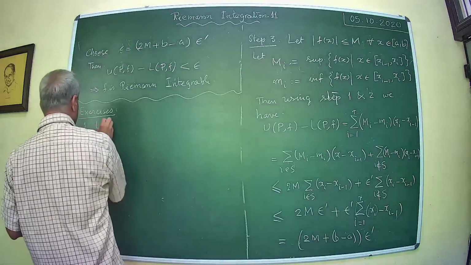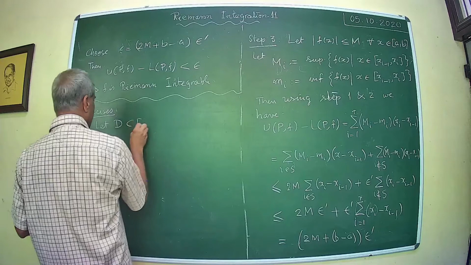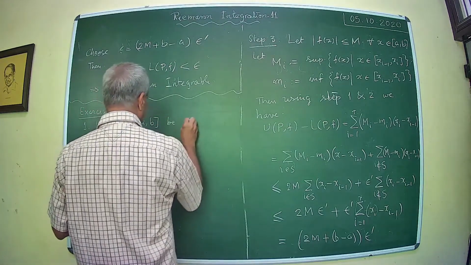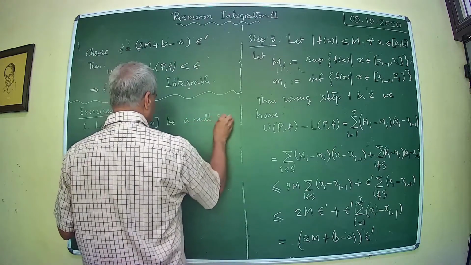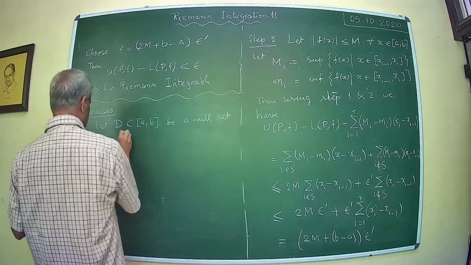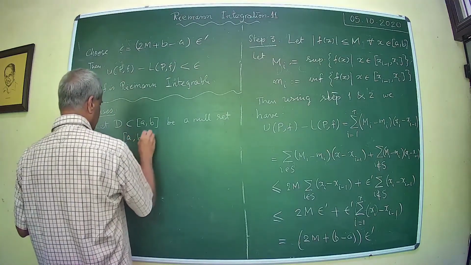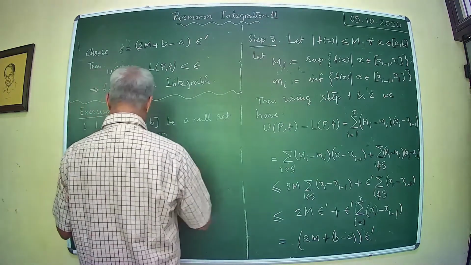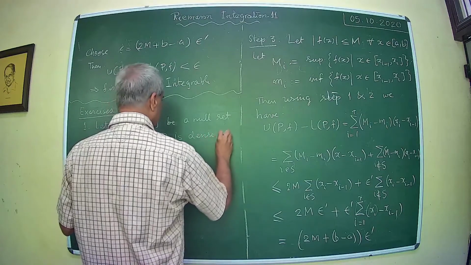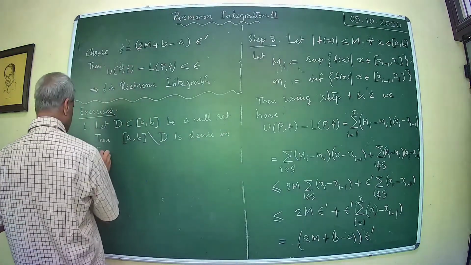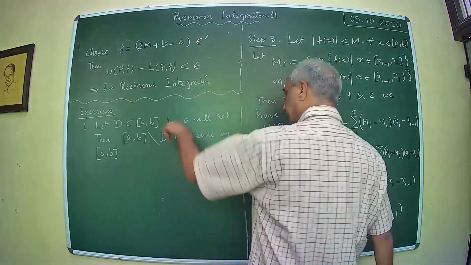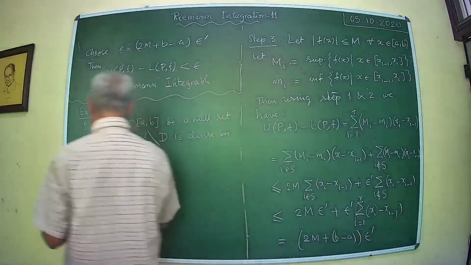Let D contained in [a, b] be a null set. Then [a, b] minus D is dense. The suggestion is that you assume this is not dense. In that case, you arrive at some contradiction. Second,